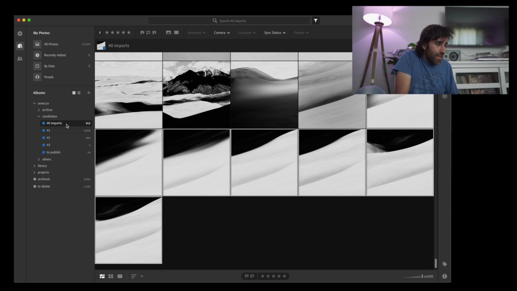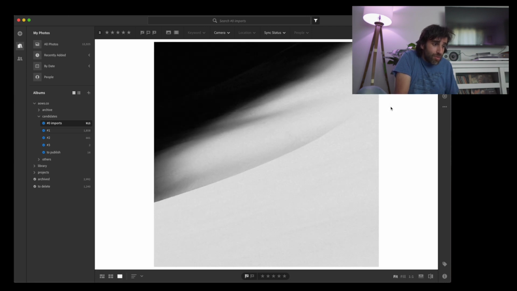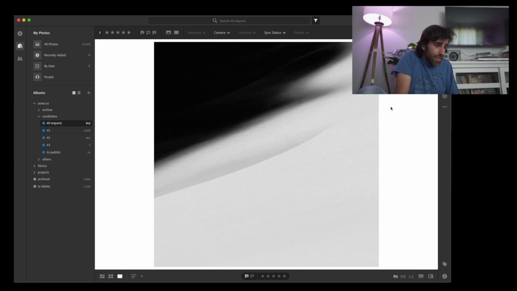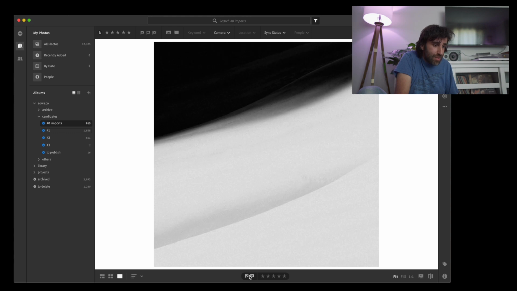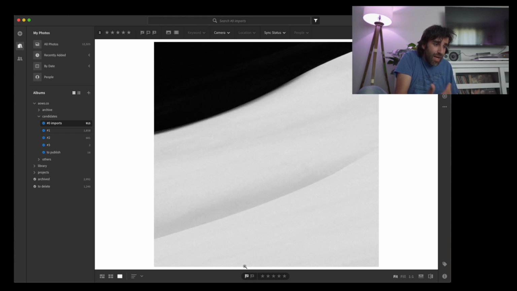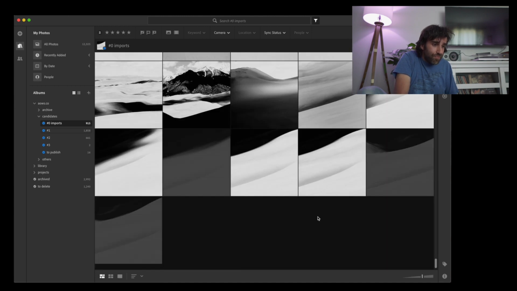As you can see, all of them are in the folder that is called 0. So that's the first step. I've already made the selection here, but what I would do is go through this one, look at it, this one. As you can see, they already have flags, rejected and picked. So I've already gone through these ones, but that's what I would do. From these 7, I chose 4.